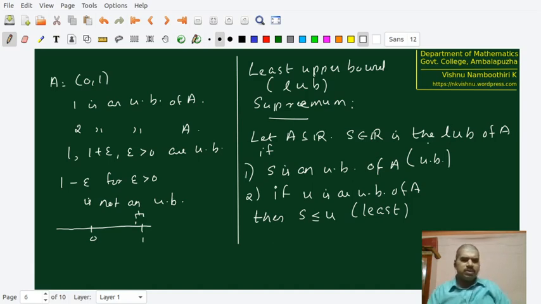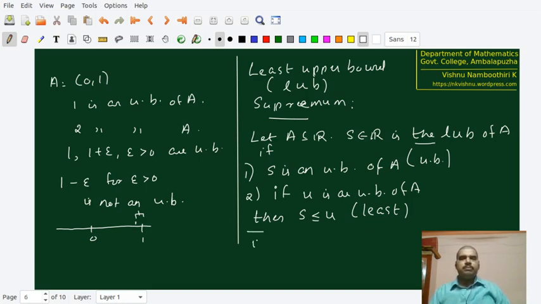Of course, it's not very clear whether we can use the word "the" or not, because we don't know whether the LUB is going to be unique or not. We will be proving now that the LUB is actually going to be unique. Therefore, "an LUB" is actually the correct usage we have to write here. S is said to be an LUB of A if S is an upper bound of A. Not only that, if U is an upper bound, possibly another upper bound, then S must satisfy the condition S is less than or equal to U. That means that S is less than or equal to any other upper bound.